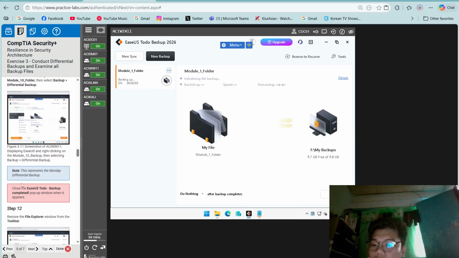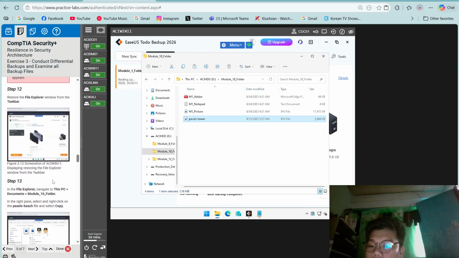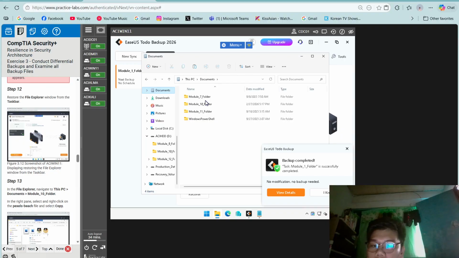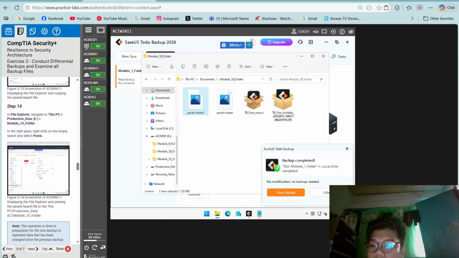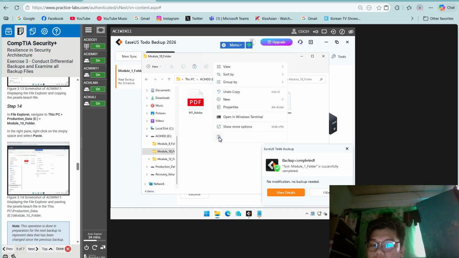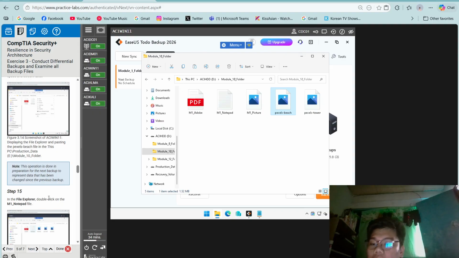So this represents the Monday differential backup. Close the EaseUS Todo Backup completed pop-up window when it appears. So restore the File Explorer window from the taskbar. So Documents, then Module 10 folder, Pexels Beach, then Copy, then the E folder Module 10, then Paste. Then this operation is done in preparation for the next backup to represent data that has been changed since the